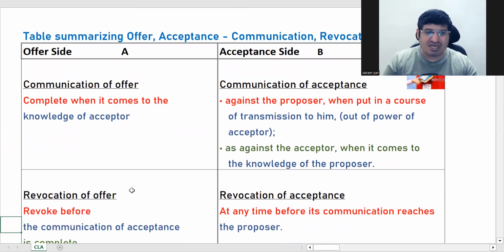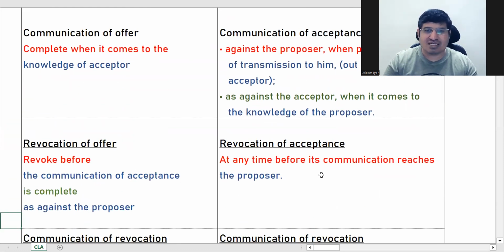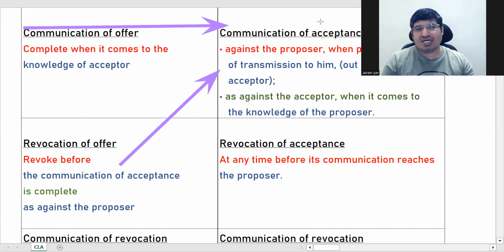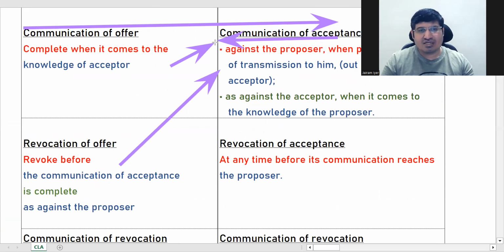फिर नेक्स्ट देखे थे हमने रेवोकेशन, ठीक है। कब आप रेवोक कर सकते हैं, टिल व्हेन कैन यू रिवोक एन ऑफर और एक्सेप्टेंस? इसका पॉइंट ये है, यू कैन रिवोक बिफोर कम्युनिकेशन इज कंप्लीट अगेंस्ट द प्रपोजर, यानी he has posted the letter, he has given the letter, ठीक है, he has accepted and posted it back, ये जो पॉइंट है, ठीक है, इस पॉइंट की हम बात कर रहे हैं।